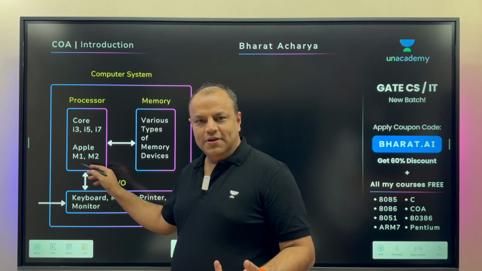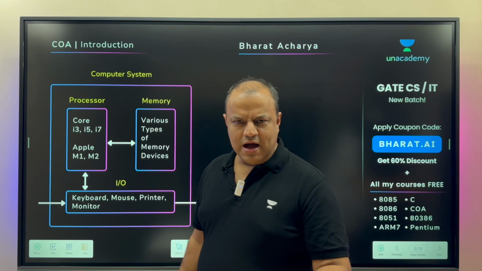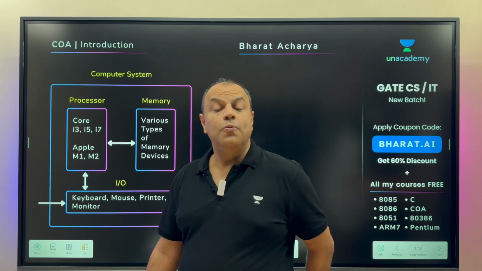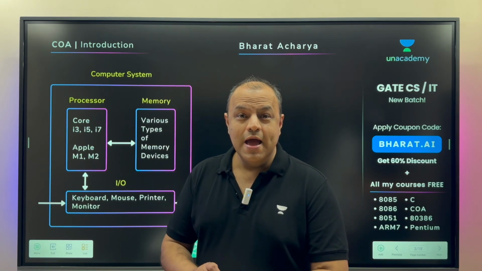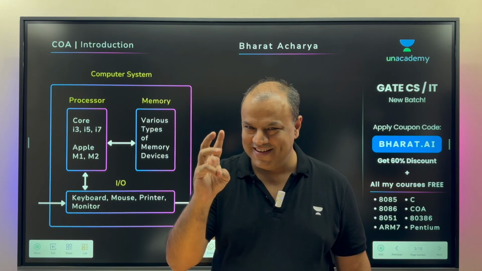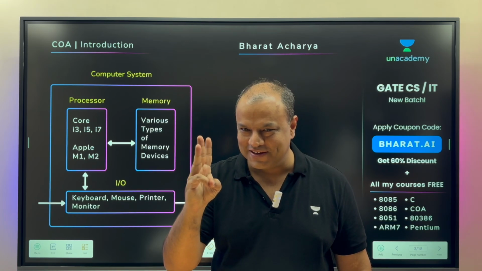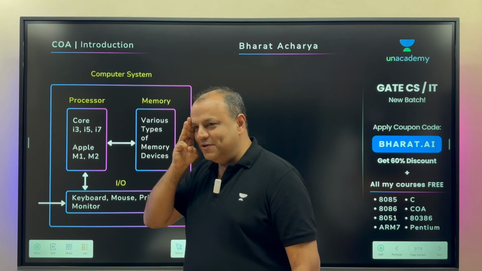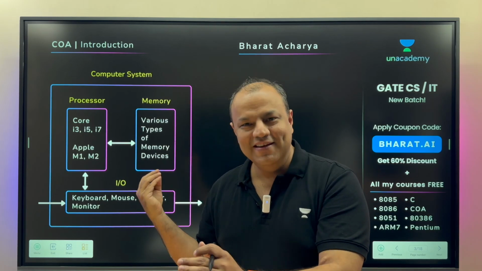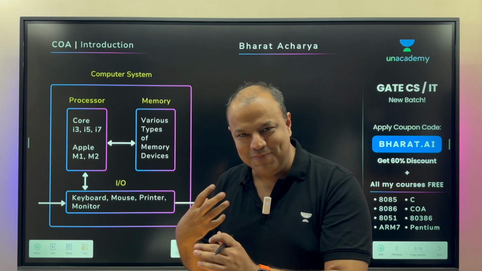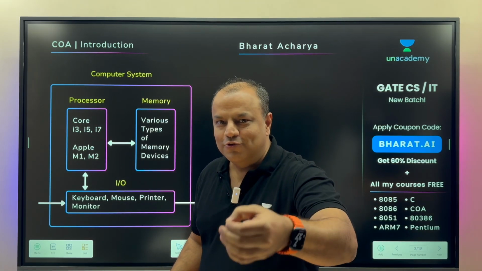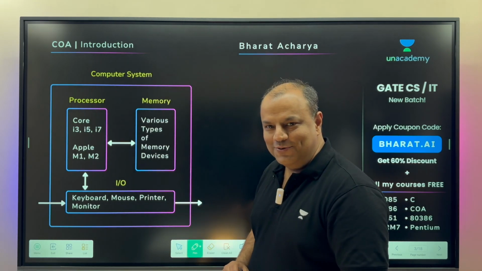In terms of technology, on the other hand, superiorly powerful are the ARM processors released by Apple, Snapdragon, and so on, and NVIDIA, of course, and the direction where India is headed. If you want to be at the top of the next technology curve, AI, ML, and processor technology, chip manufacturing, are the three places where the government is going to put maximum focus. If you are a professional in these three, the route for all of them is our beautiful subject CO. All these are branches from this subject. You master these subjects, you are in the cream spot. You're in that zone where your career can take off, provided you do it the correct way.